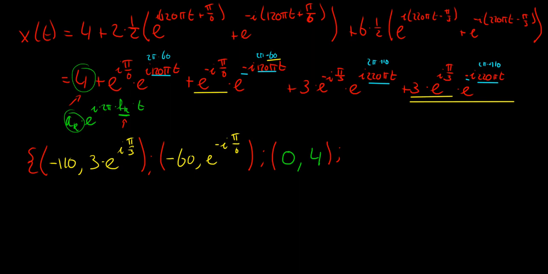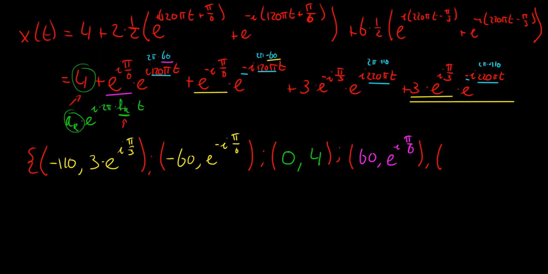Now for the other ones, let's go into purple for these. The next frequency is 60 with this as its complex amplitude. We have 60 as its frequency and e to the power I pi divided by 6 as its amplitude. And now the last one in our